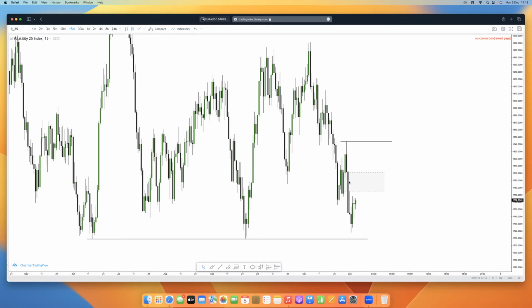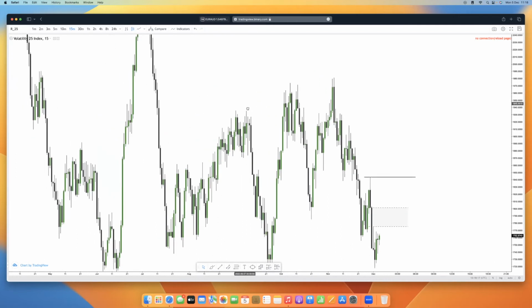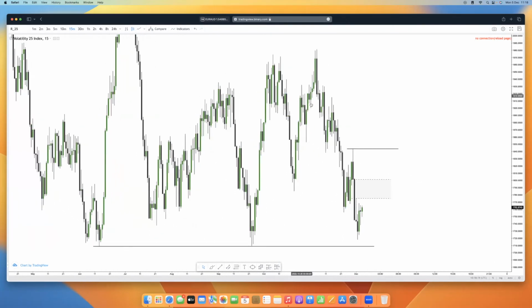For example, let me show you. Let's look for one that's happened in this area here. We don't need to go too far. Look at this range. Look at the repetition. We had this low, we had this high, we had this low. Price came into this imbalance, spent many days, like 1, 2, 3, 4, 5, 6, 7, came back 8 days, and then price dropped. That was the high end.